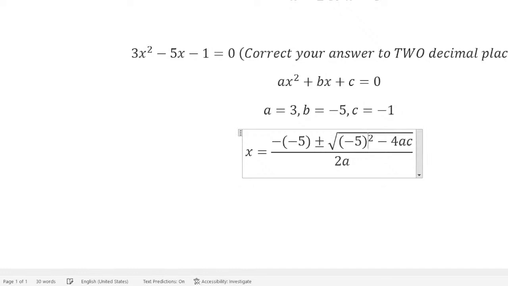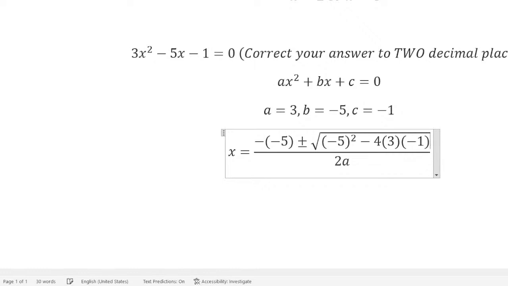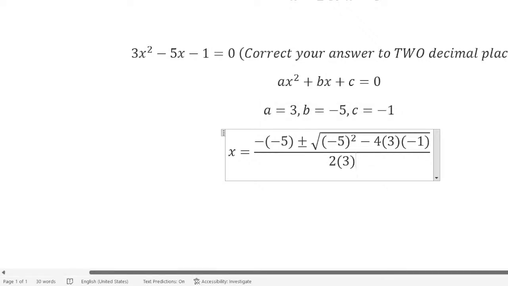Then we have -5 all squared, minus 4 into the value of A, which is 3. I always prefer putting the bracket so that you don't make a mistake. And the value of C is -1. Just by doing this, that is 1 mark, because marks are given for substitution. Then you just use your calculator to get the answer. Then you get 2 marks for each